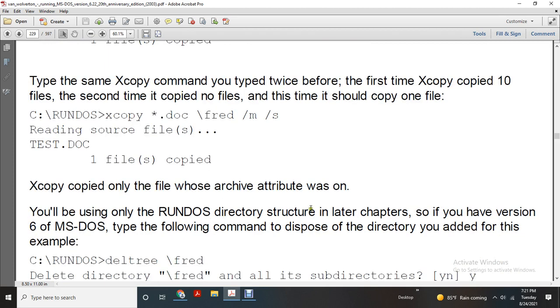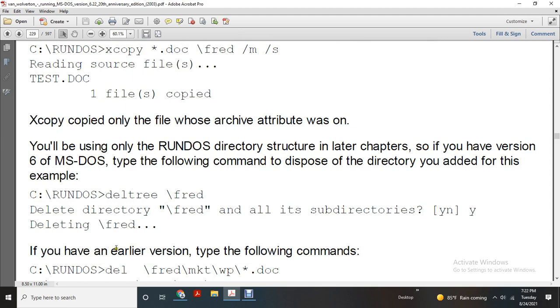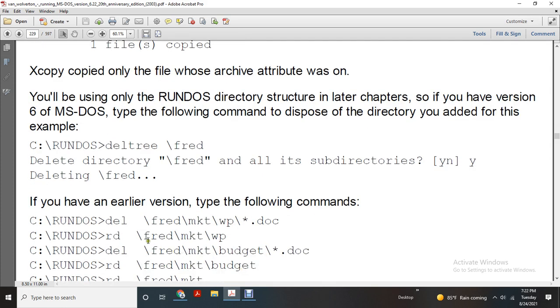When you view the directory structure later, if you have version 6 of MS-DOS, type the following command to dispose of the directory you added for this example: C run DOS delete tree subdirectory Fred. It asks: deleting the subdirectory Fred and all subdirectories, yes or no. Deleting Fred. If you have an earlier version, type the following command: C run DOS delete subdirectory file Fred marketplace workplace wildcard doc, and then also